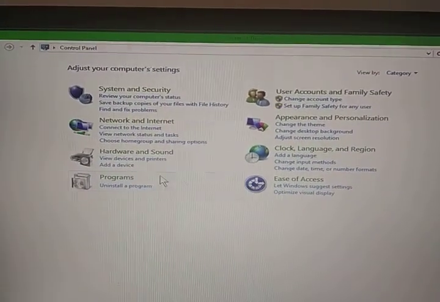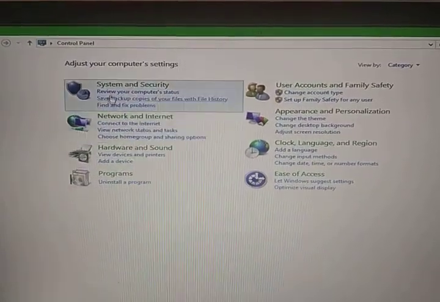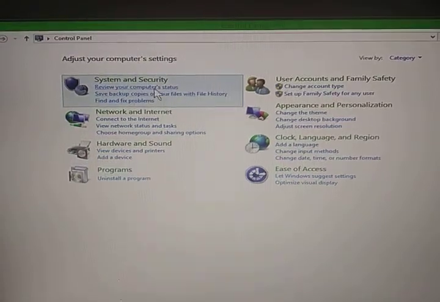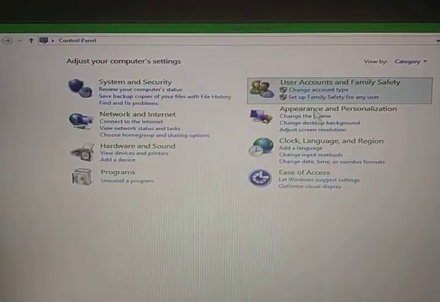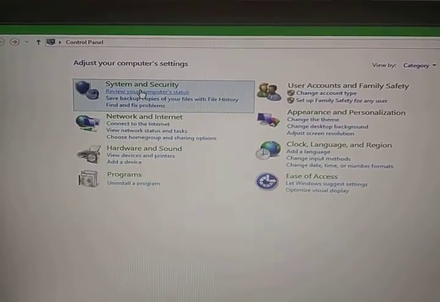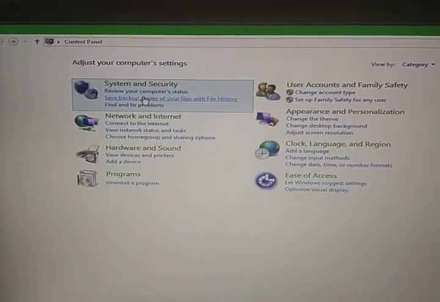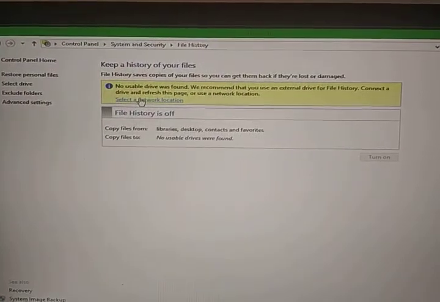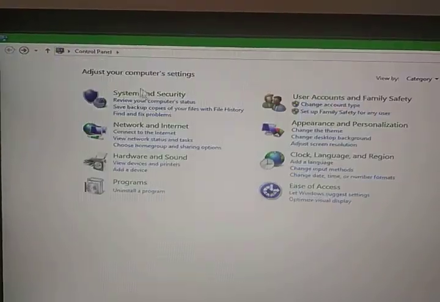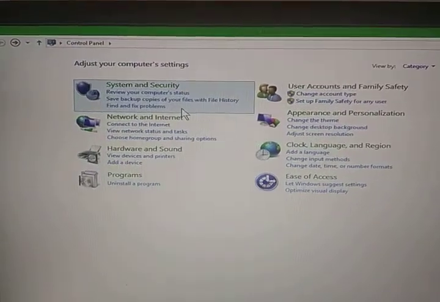So this is the control panel, and in this all the text are created as hyperlink, right? All the text are created as hyperlink. When you click on any text, you will find another page in front of you, right? So this is the process of hyperlink. This is done through the hyperlink.